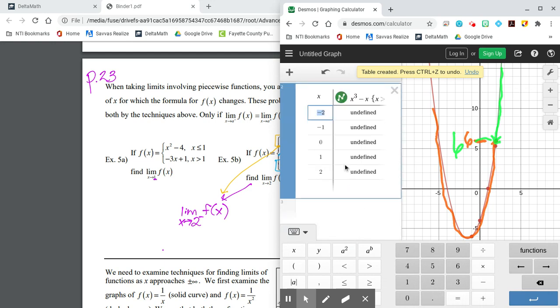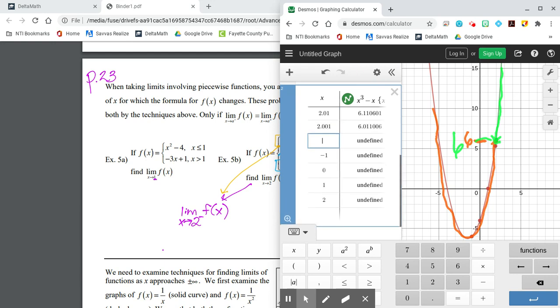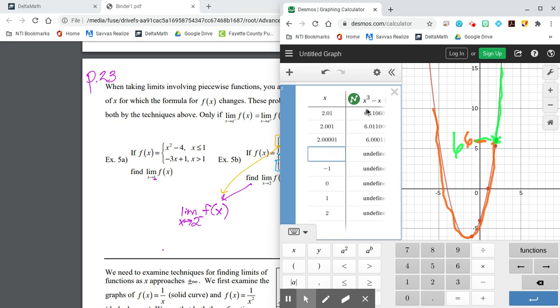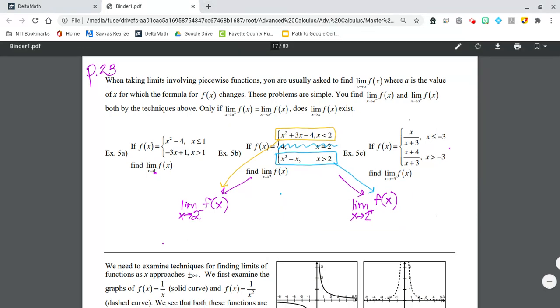As the x values approach 2 from the right, so things like 2.01 is really close to 2, 2.001 is even closer, 2.00001 is even closer. So as the x values get close to 2, the y values get closer and closer to 6. So it looks like when I go back over here, I can grab my pen,